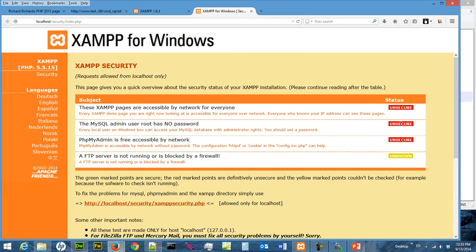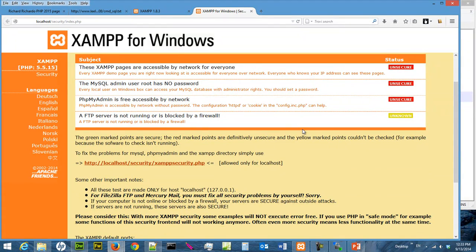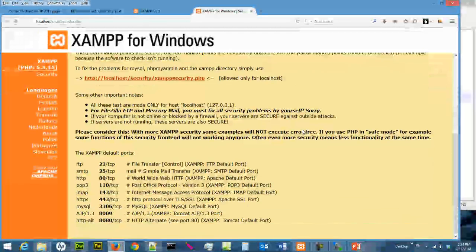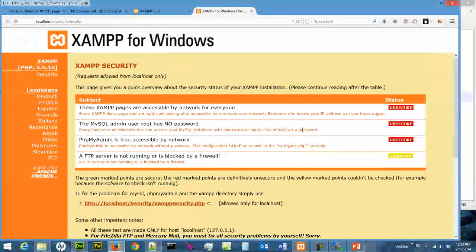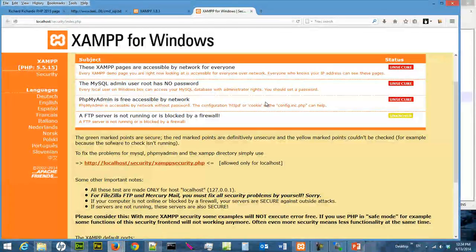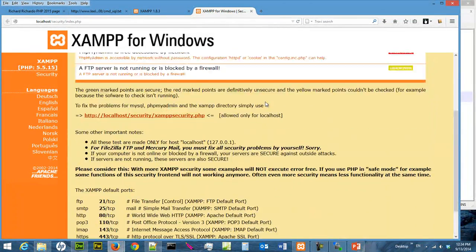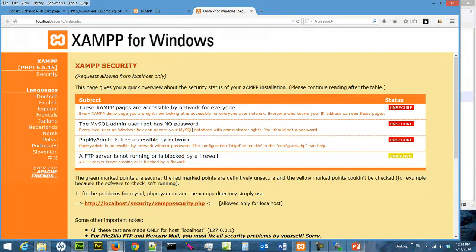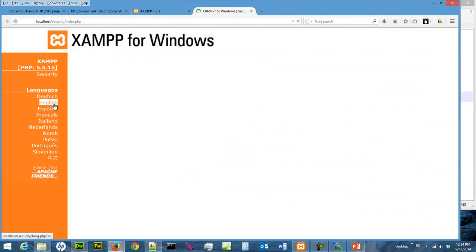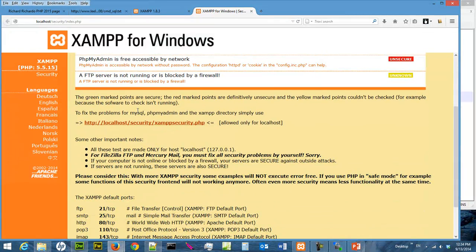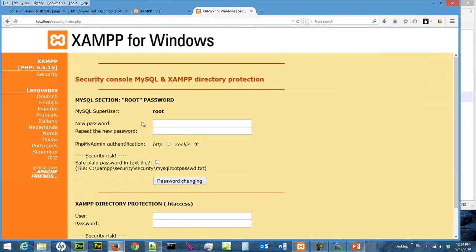Okay, so you found a place for changing the root password,